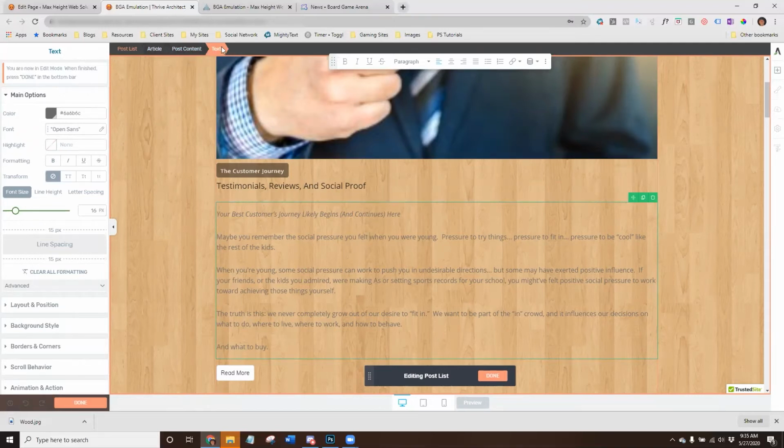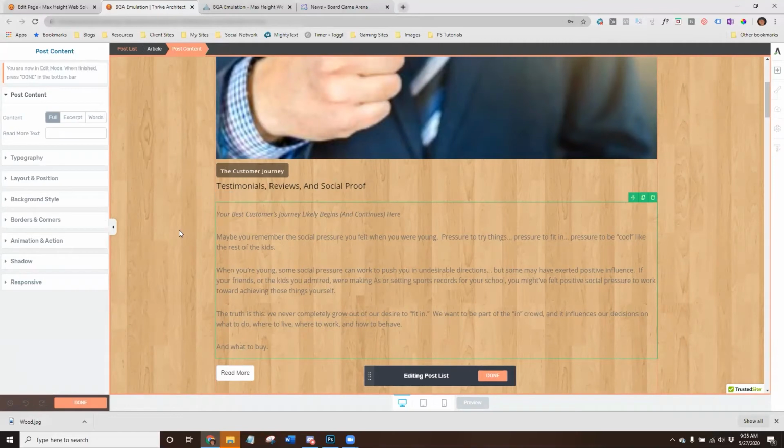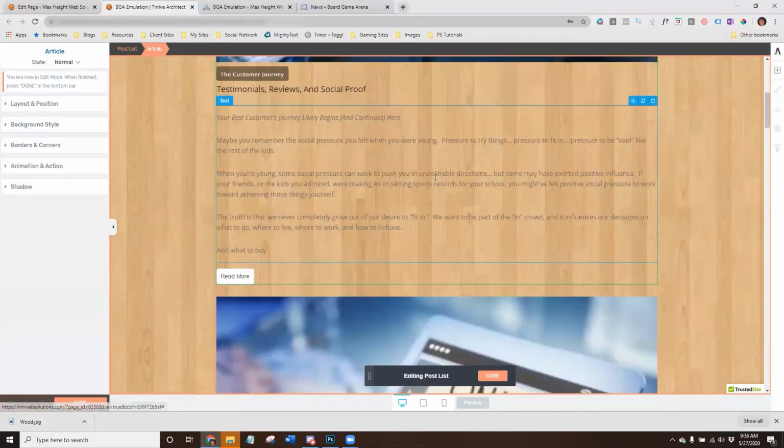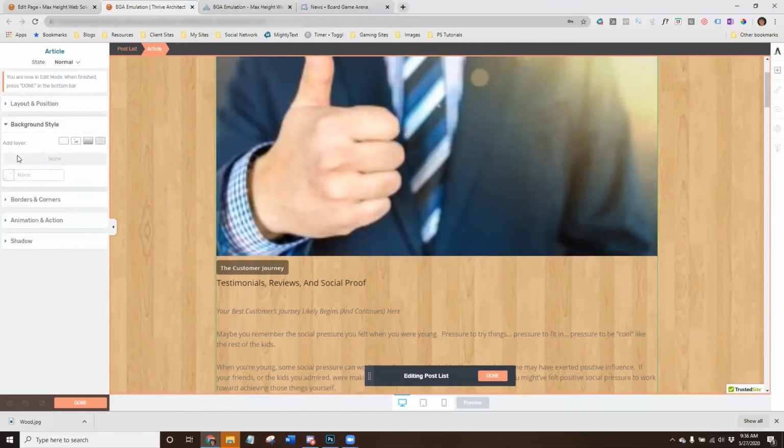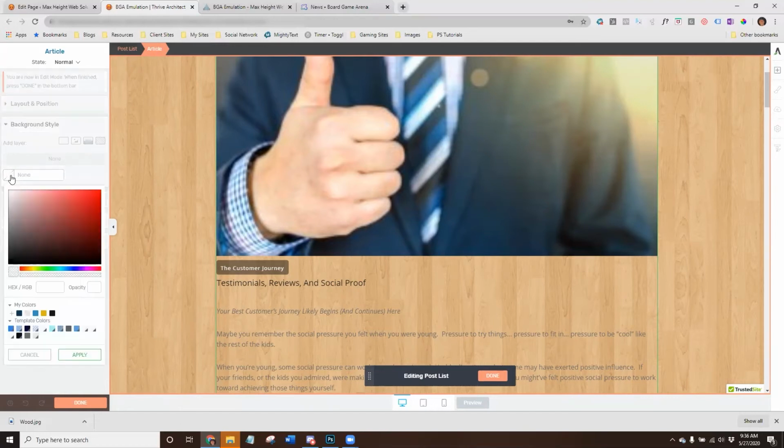And this breadcrumb trail tells me what content is nested into what. So I can see that I'm in the text element, which is nested in the post content, and that is just this section, but I want the full article. So that gives me this whole article, not every article, just this one. And now if I change the background of that one article, go over here on the side, now that I have the article selected in the breadcrumb trail and click on the color, I can change the color,